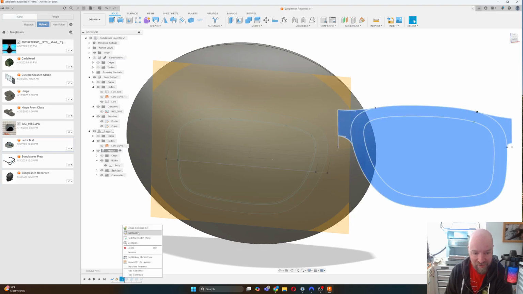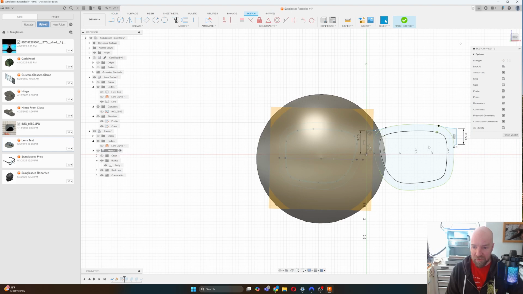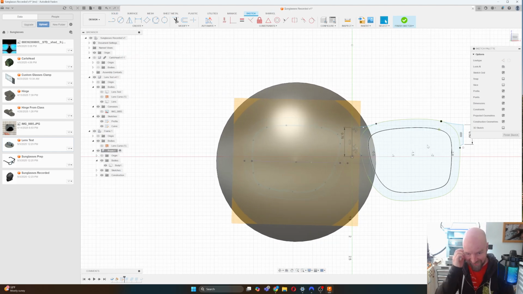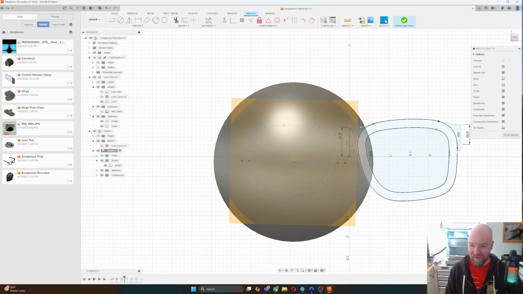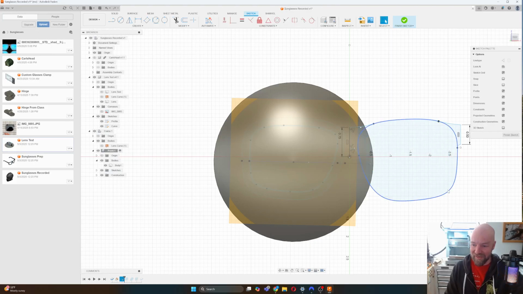If I edit this sketch, I'll probably need to redraw most of it, which is fun. So that's what we're here for anyway. Because these green lines mean, hey man, I don't know where this body is. It no longer computes. Total fail. So we're just going to delete them. I'm going to delete everything but that